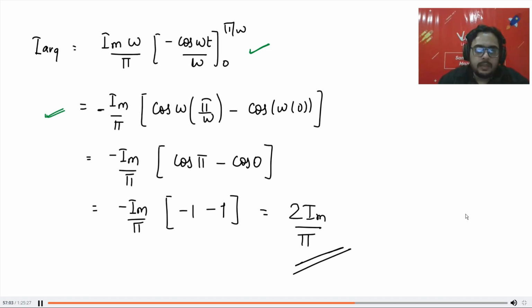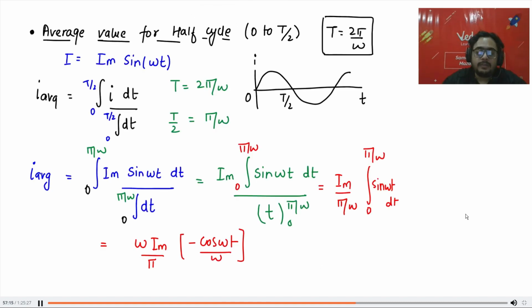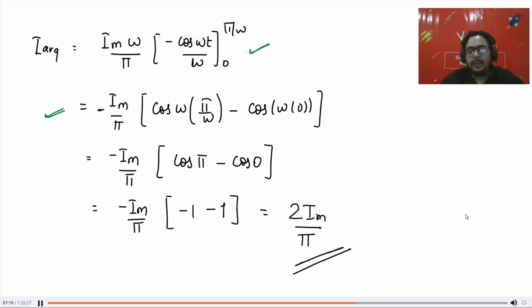Okay, let's see. Basically I got the integration because integration of sin x is minus cos x. Sorry, integration of sin omega t is minus cos omega t by omega. Now omega is cancelled out. I have taken the minus sign out, so this is what I get. You have to put the value of t as this one time. So in place of t, I put this one. Then we put a minus sign and then we put the second value in place of t. That is basically integration. For that you will have to learn integration. There is no other way. Okay, Rugved?